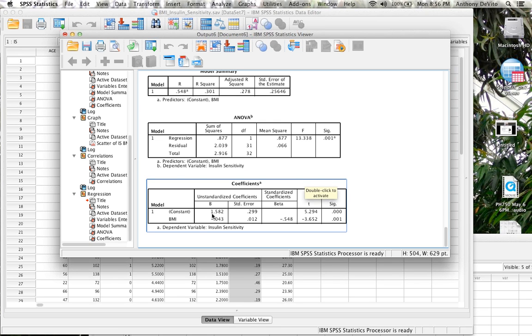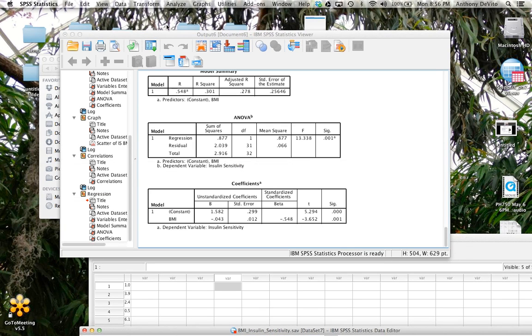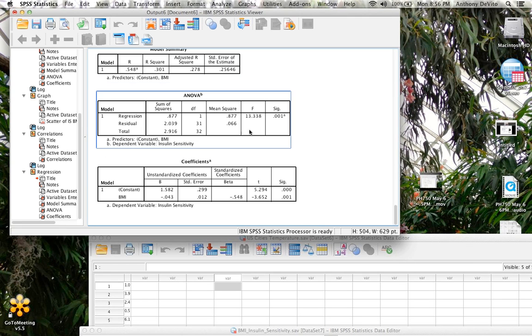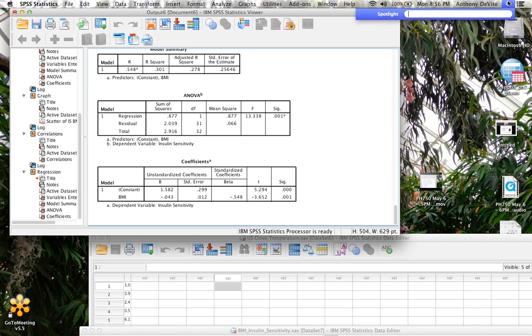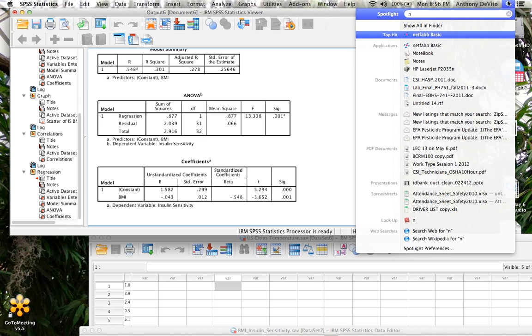And again, I see these coefficients, and I know that 1.582, roughly 1.6, is my y-intercept. My slope is negative 0.043. So what does that mean in terms of writing a formula for a straight line which